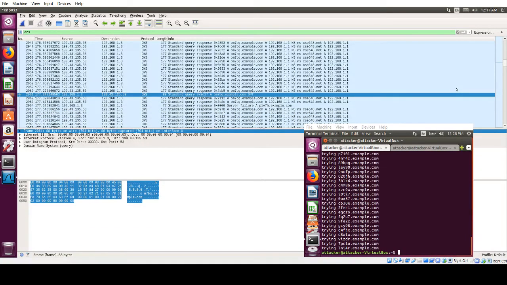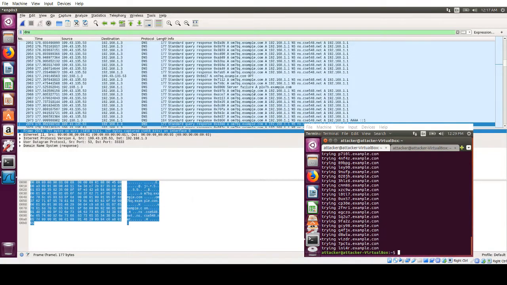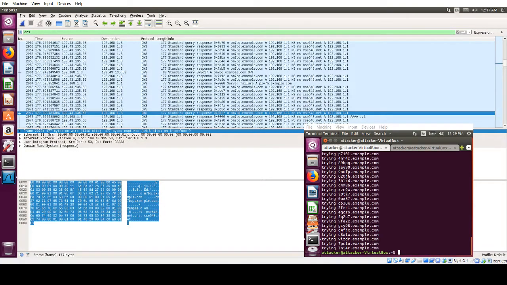on packet 2961, the DNS server queries the authority name server, example.com's authority name server, for om7bq.example.com with the transaction ID of 8D27. And then eventually somewhere along the line our program was able to guess that response, luckily. That's why it takes a while, but once you see we get that response here on line 2972,